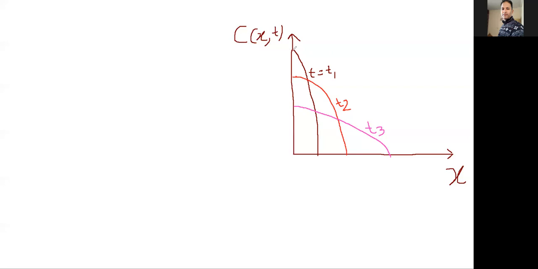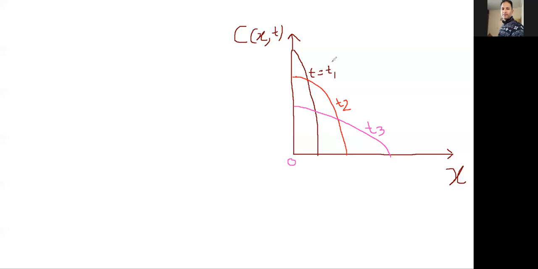You will see that in the beginning your concentration is largest at the surface, where x is equal to 0. This is the surface, where your concentration is maximum. Then you have the total area under this curve. With time your curve changes, but the total area under these curves is the same, for the first, second, third, all these curves. With time, the maximum concentration at the surface will change, and the extent to which diffusion has taken place, or the dopant has reached, also changes.